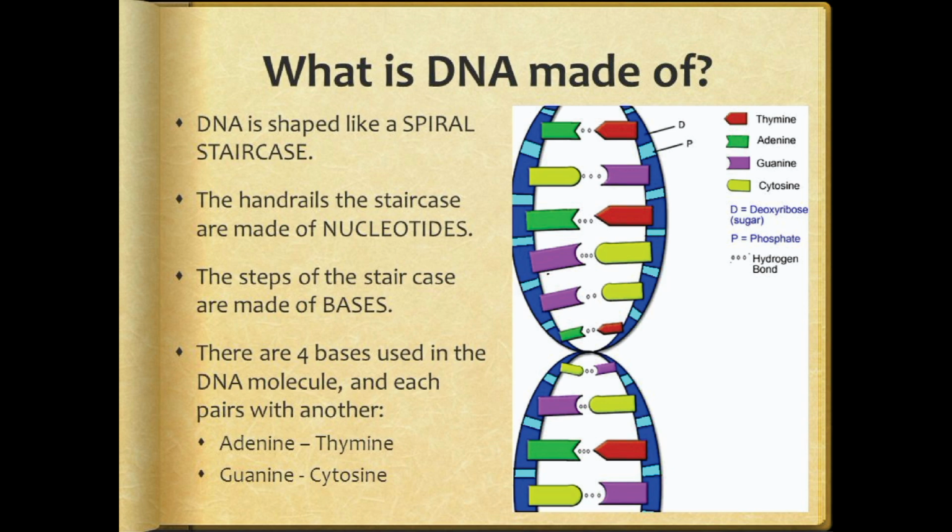The nitrogenous bases in DNA are paired in a specific way. Adenine always pairs with thymine, and guanine always pairs with cytosine. These base pairs are held together by hydrogen bonds, which connect the 2 complementary strands of DNA to form the double helix structure. The sequence of the nitrogenous bases in DNA carries the genetic information that determines the traits of an organism. The order of the bases along the DNA molecule determines the sequence of amino acids in proteins, which are responsible for carrying out the